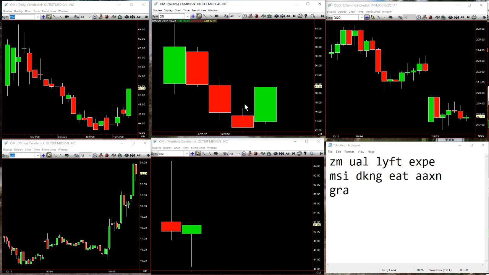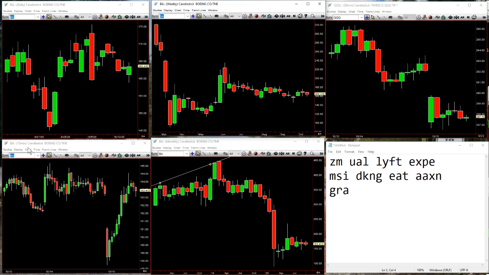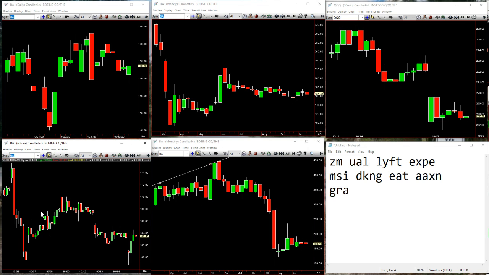If we go to Boeing, and Boeing here, one of the things I like about teaching the 60s is it takes an hour to set up. It's not that hard to follow. Gap down, here, hammer, boom, right there you're in. 2-2 reversal in Boeing over 161.11. $2-3 there, not bad. We'll take that.